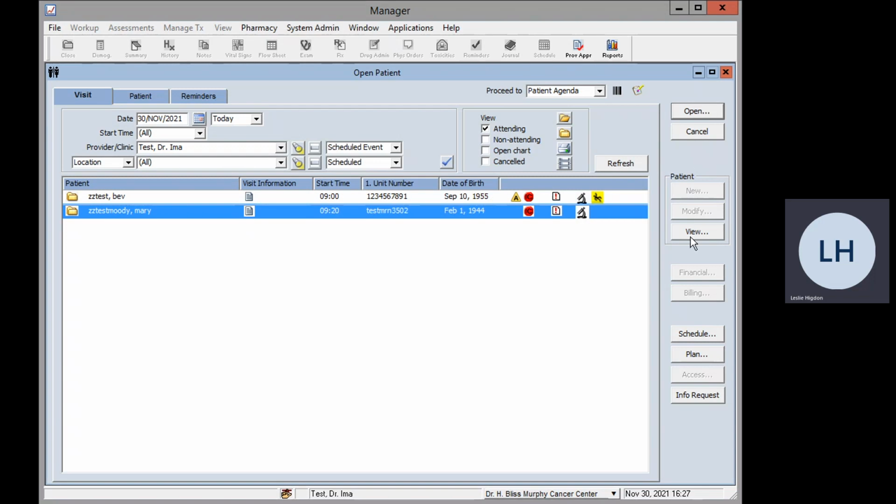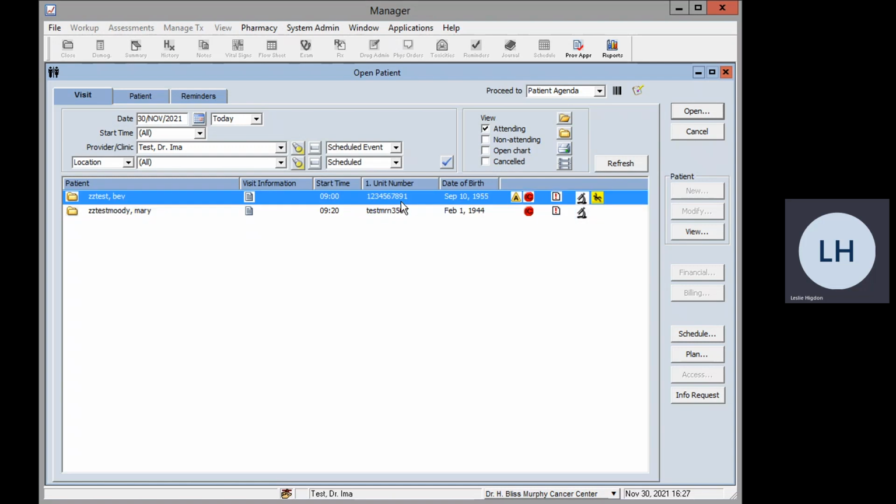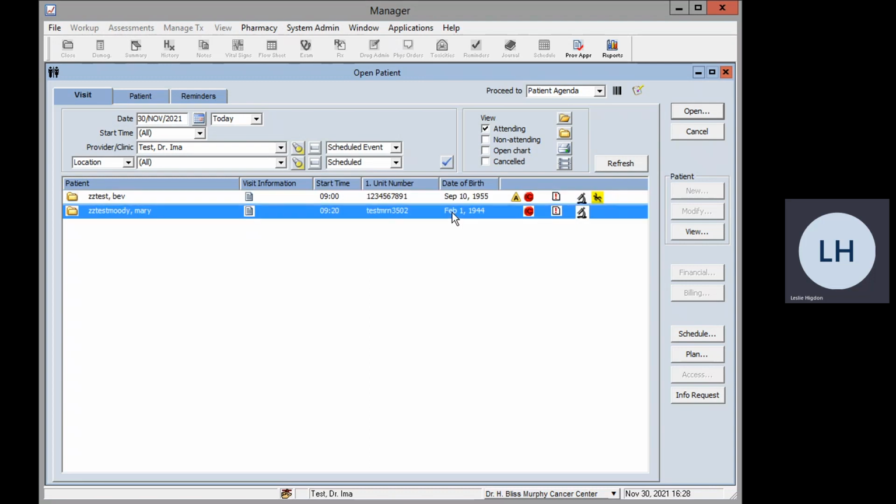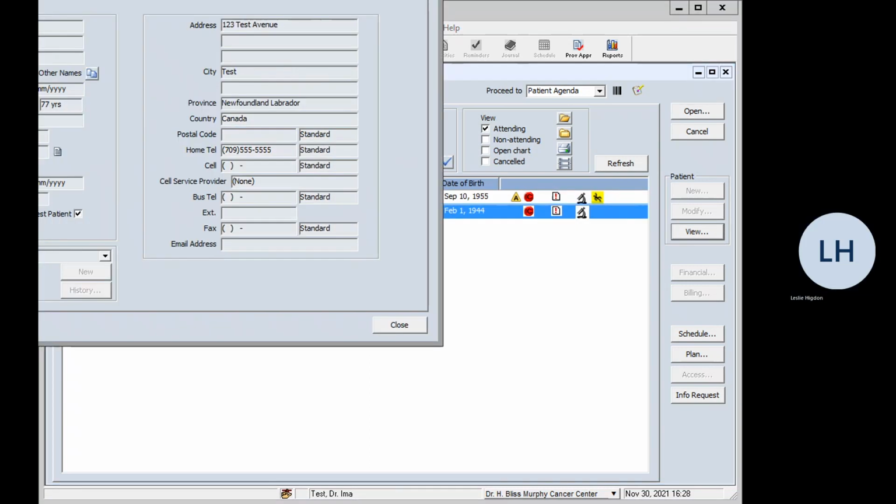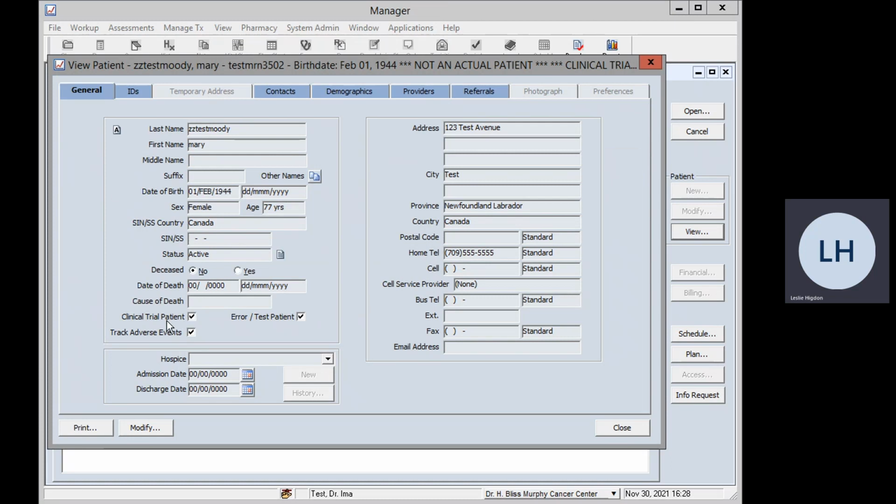The next one down is view. So for this one here, this makes it so that you can access patient demographics without having to go into the patient chart. So you'll select the patient and hit view. This information here is available in the patient chart as well, but it's a nice quick look if you need it. So just to review the tabs, the general tab here is going to show you the patient's name, date